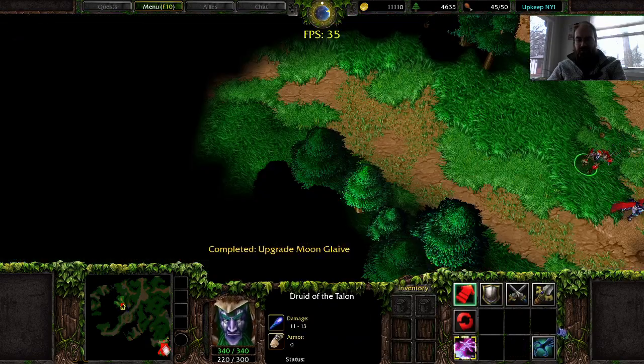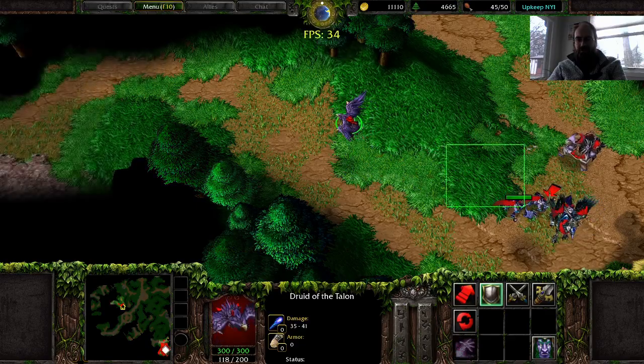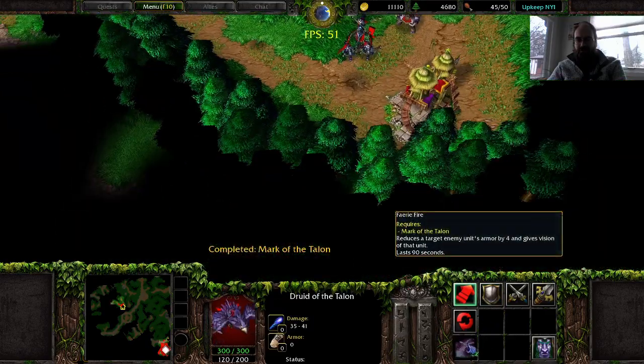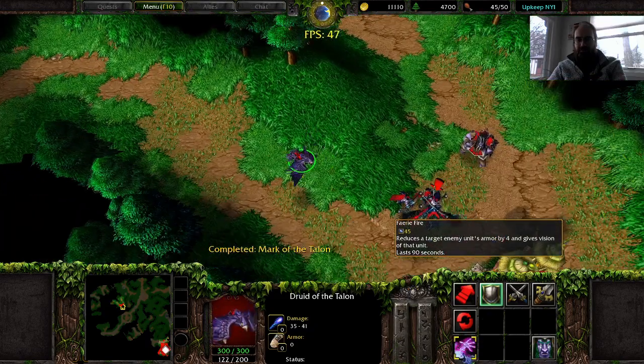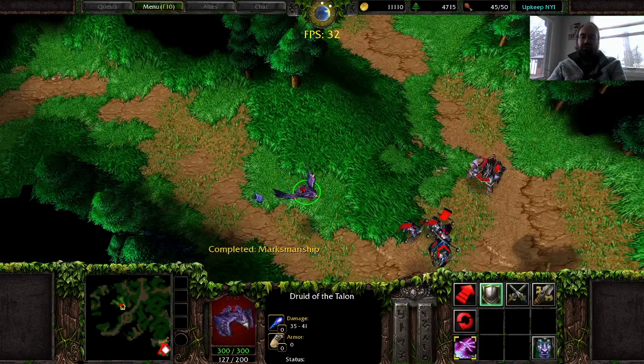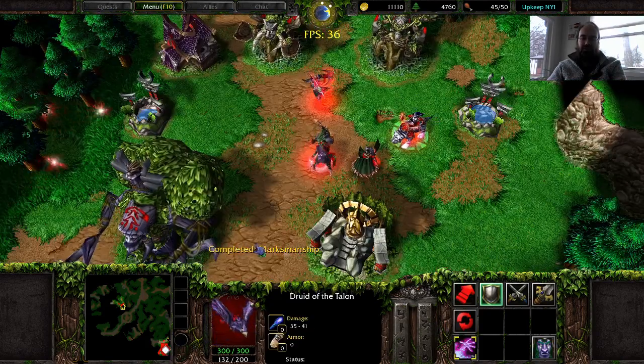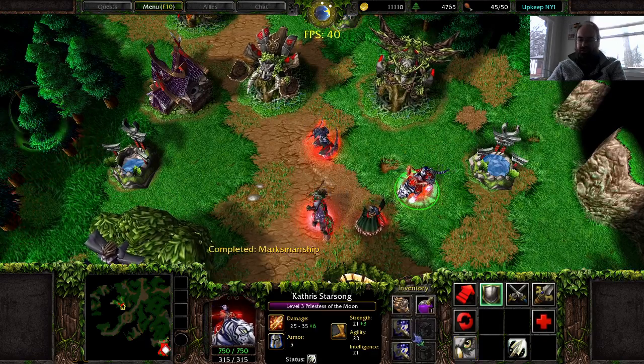Also, just for fun, we could see Mark of the Talon. If this guy turns into a bird over here, you can see Mark of the Talon, and this unlocks. You'd see there's a little delay between when it was unlocked and when the icon lit up. But realistically, if you click off of him and click back, it would also update it because it's a visual thing. It's not a functionality thing.